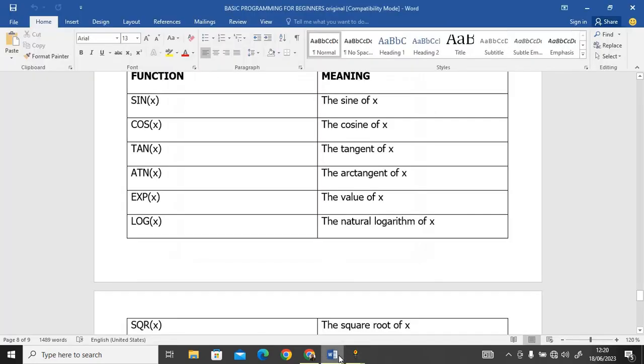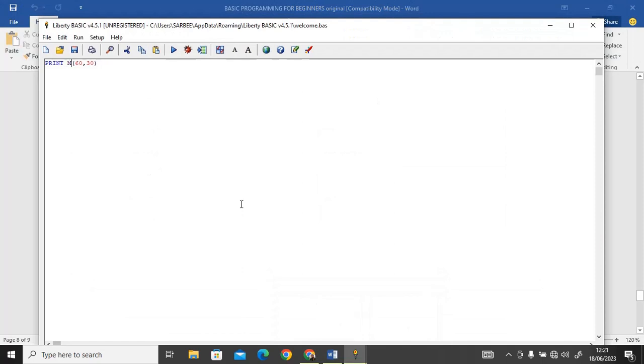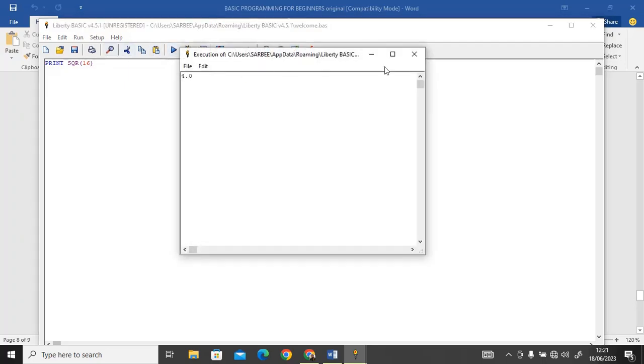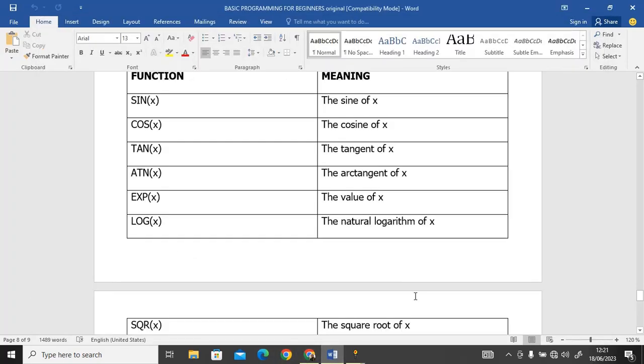There are also some other functions here. We have tan, exponentiation, logarithm, square root. If I want to look for the square root of a number, I can use this. There are a lot of functions, and we are going to use all of them by the time we start coding. Square root of 16 should give me 4 as an answer. So when I run this, I will get 4.0. So this is everything you have to know about